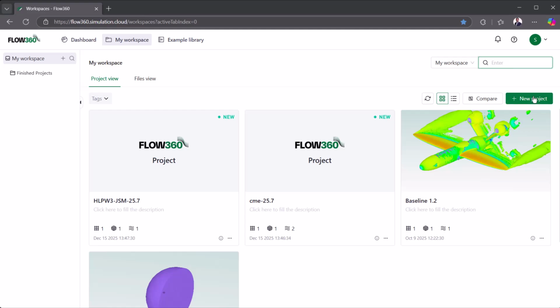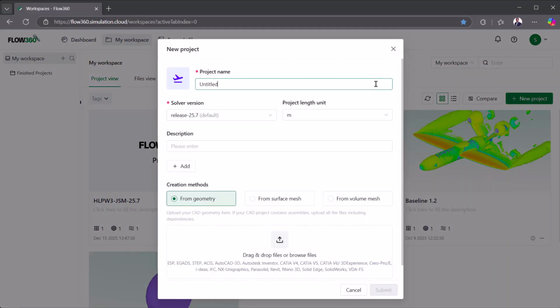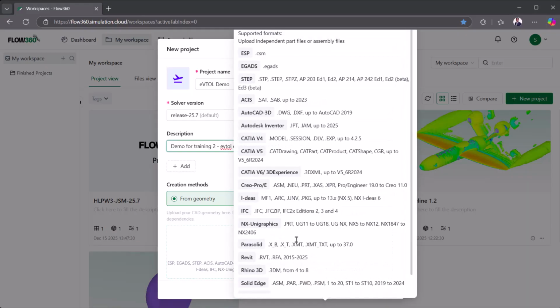Now we will walk through how to create a new project. To start, click the New Project button. This will open a panel where you can add a project name, select the solver version, adjust the units of your geometry or mesh, add a description and tags, and then select the method for creating the project, which can be started from a geometry, surface mesh, or volume mesh, and finally drag and drop or browse for your file